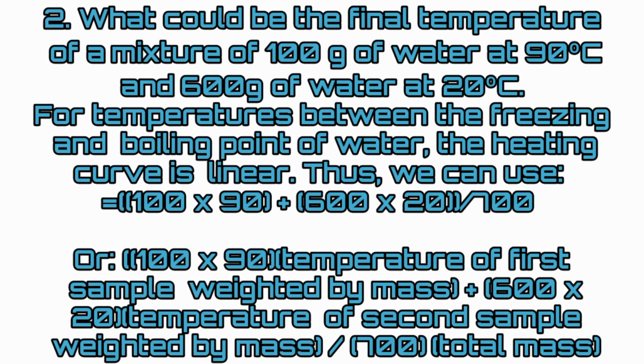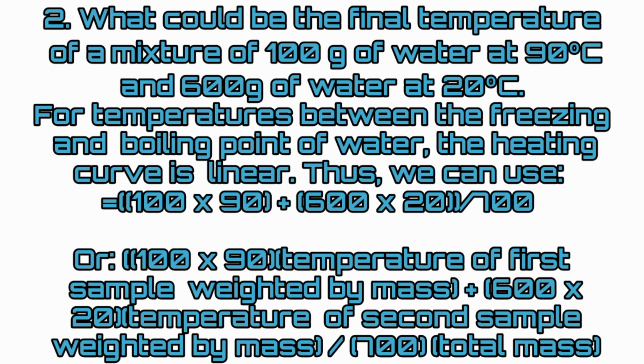Then second problem. What could be the final temperature of a mixture of 100 gram of water at 90 degrees C and 600 gram of water at 20 degrees C? For temperatures between the freezing and boiling point of water, the heating curve is linear. Thus, we can use 100 into 90 plus 600 into 20 by 700,